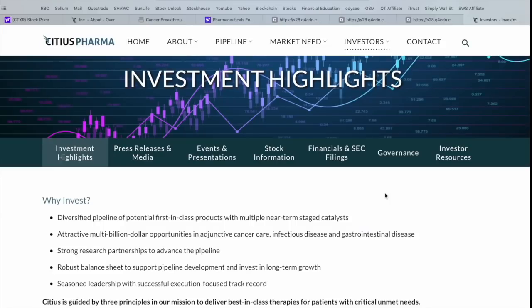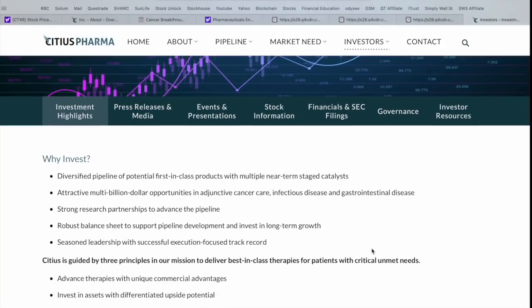So to close things out here today, you guys, and in summary of Citius Pharmaceuticals, I wanted to leave you with some investment highlights. So first and foremost, this company's got a diversified pipeline of potential first-in-class products with multiple near-term catalysts on the horizon. And again, we talked about that in detail throughout today's presentation. They've got attractive multi-billion-dollar opportunities in the cancer care, infectious disease, and gastrointestinal disease sectors. They've got those strong research partnerships to advance and develop the pipeline of products, robust balance sheet, which we just looked at, to